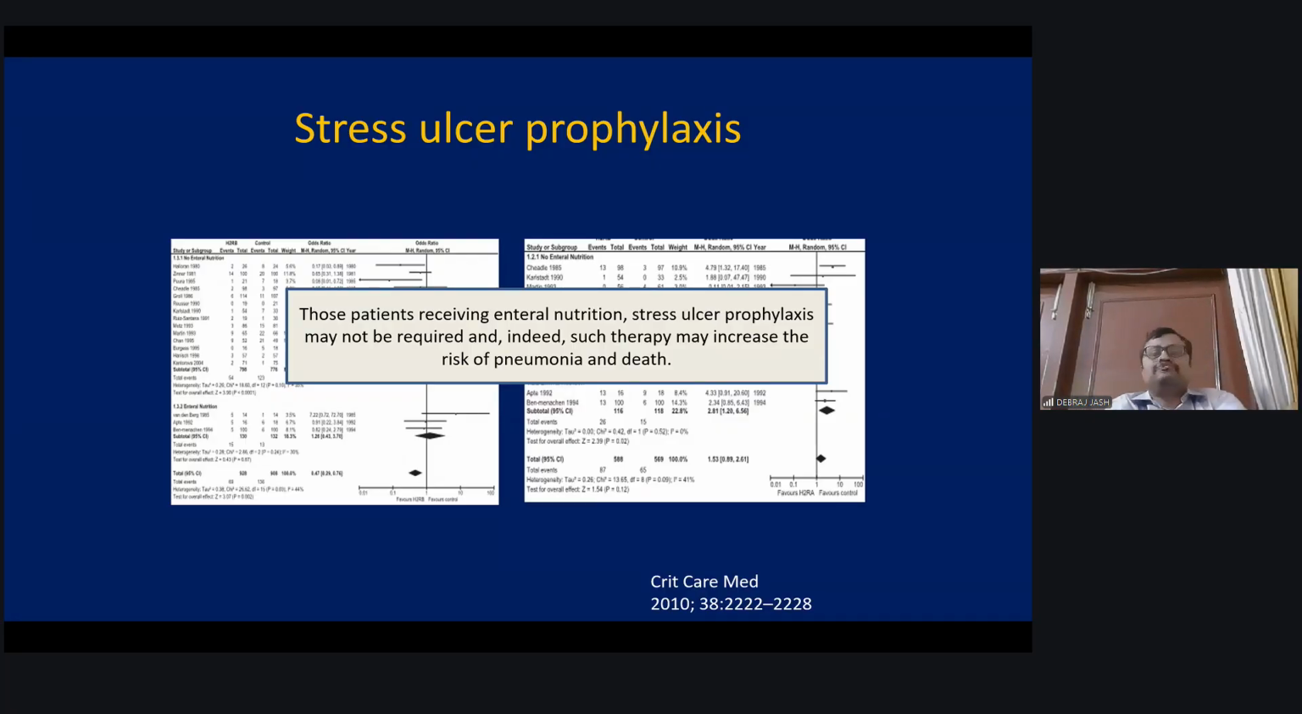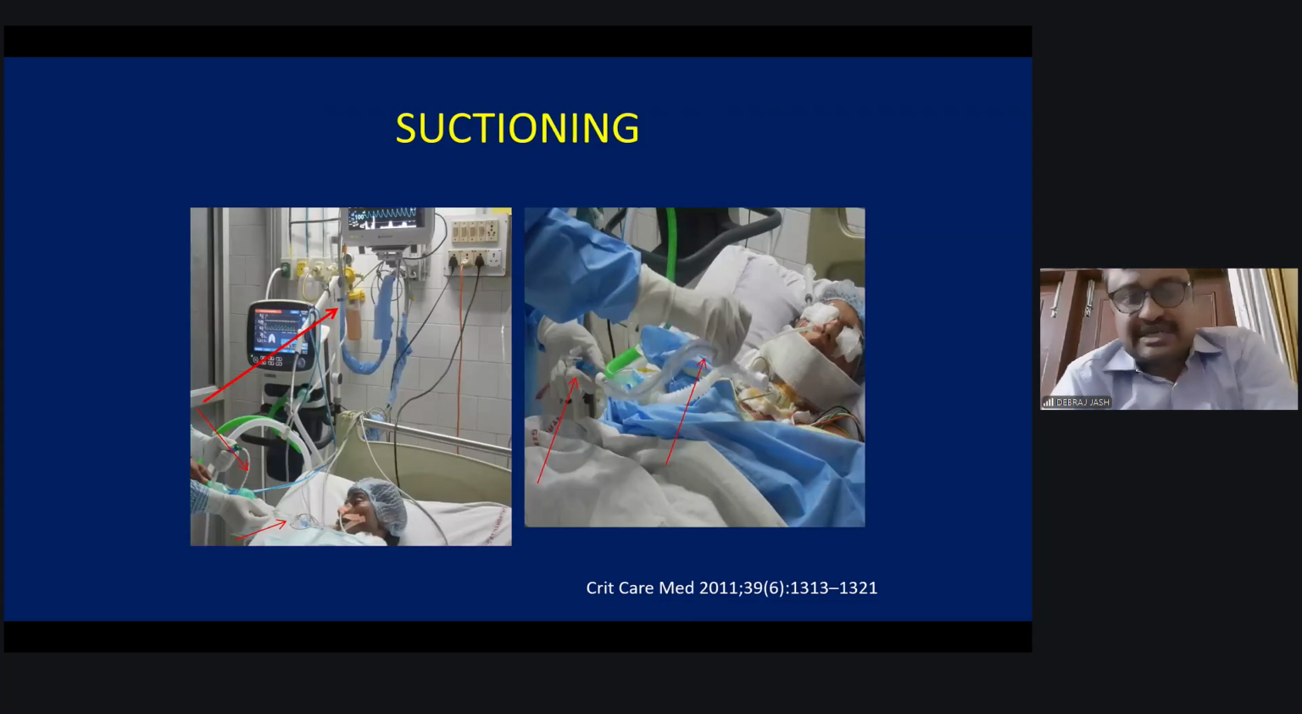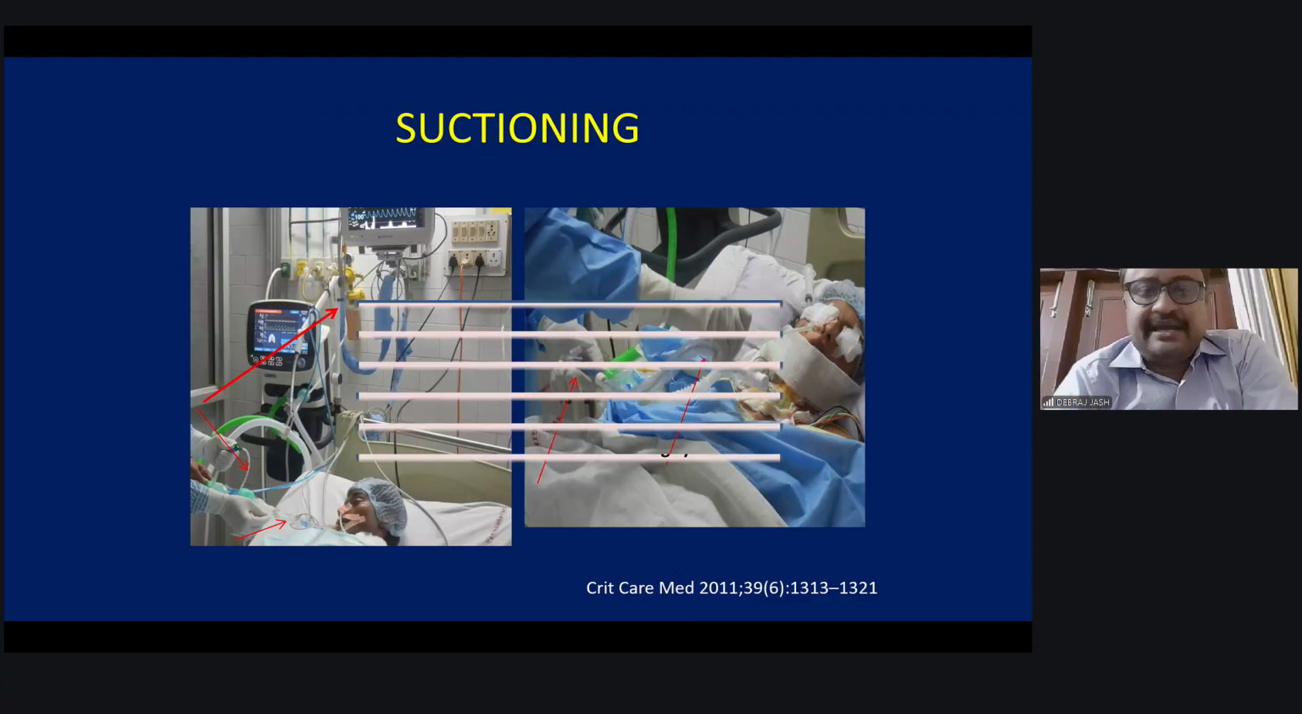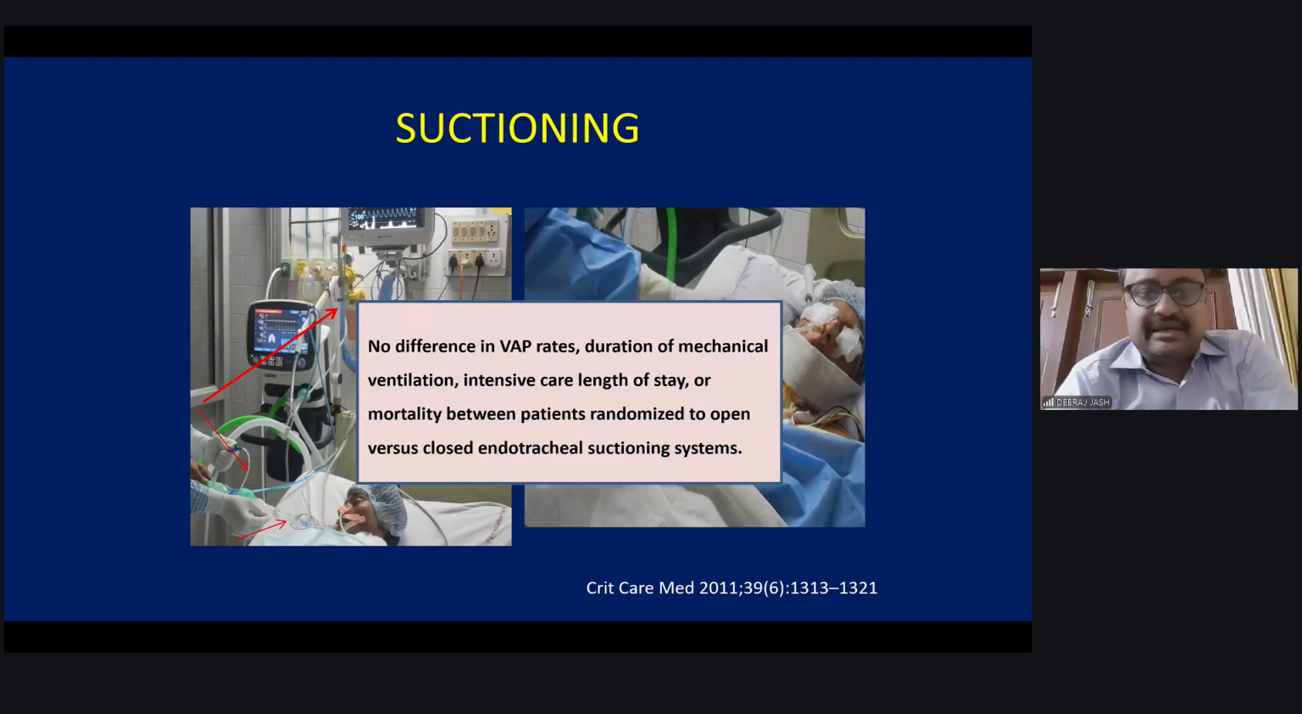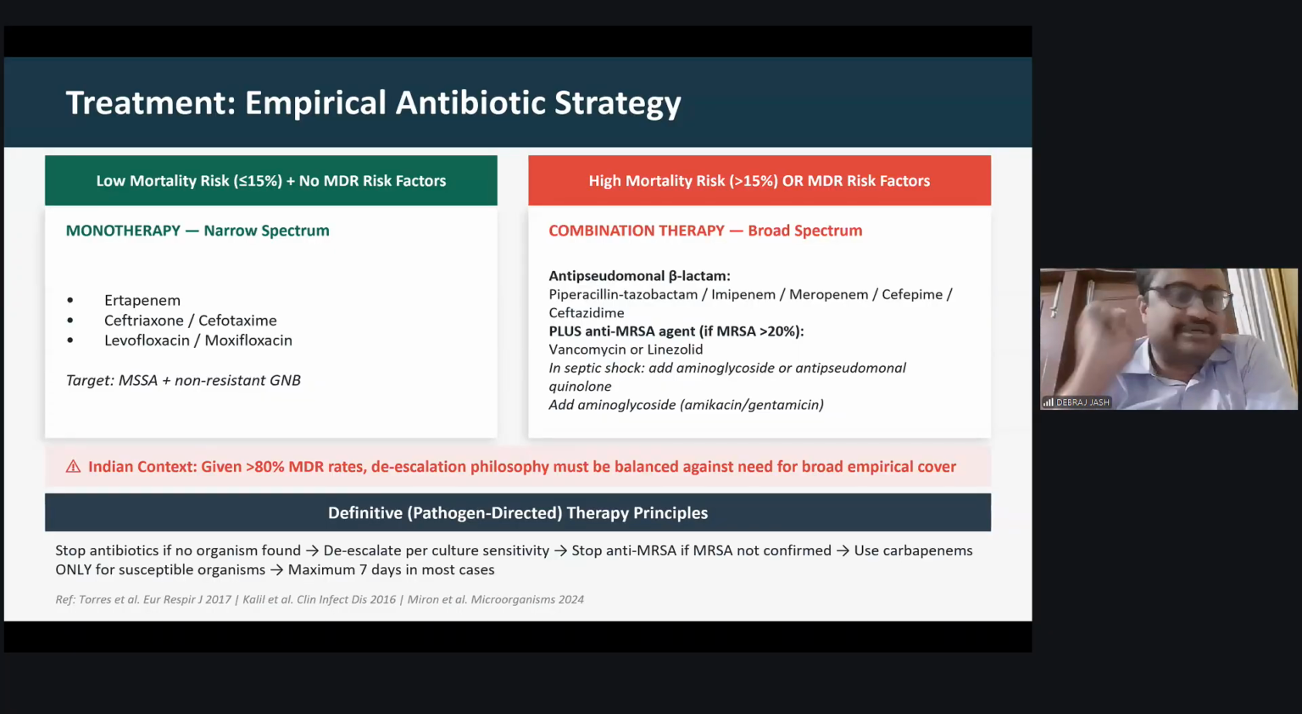So we should not use H2 blockers or PPIs regularly unless absolutely required, because it will lead to selective digestive tract decontamination and increases the risk of pneumonia. Suctioning, again, we should use only inline suction, and in ARDS patients closed suctioning, but no difference normally between open and closed suctioning for the reduction of the rate of VAP. Now if we go straight away to the treatment part,